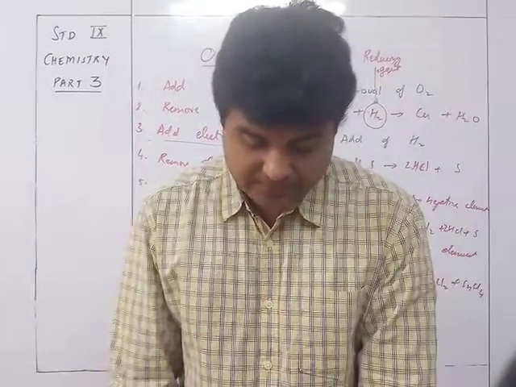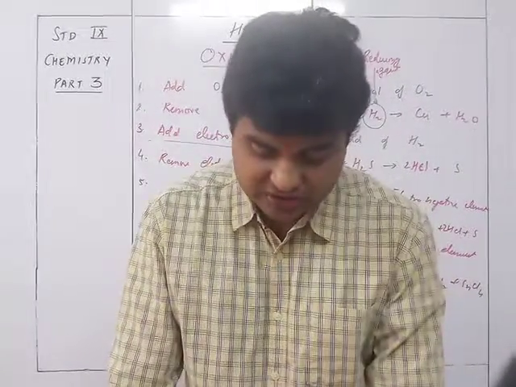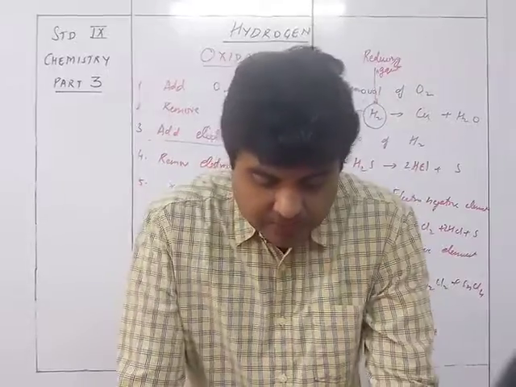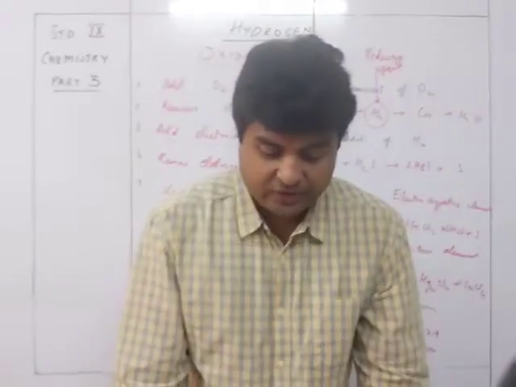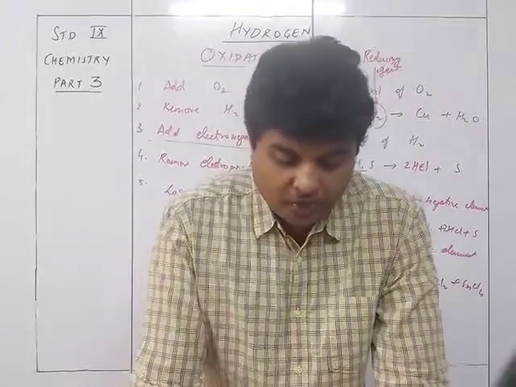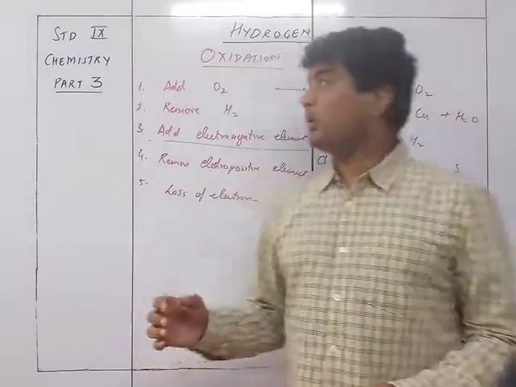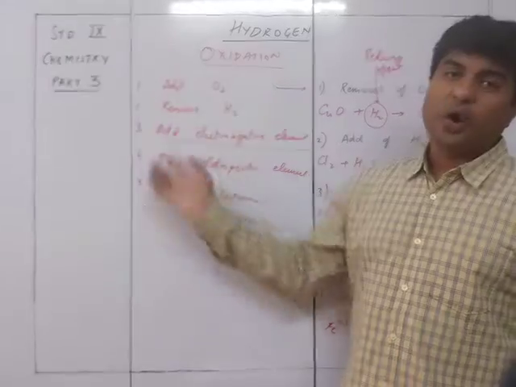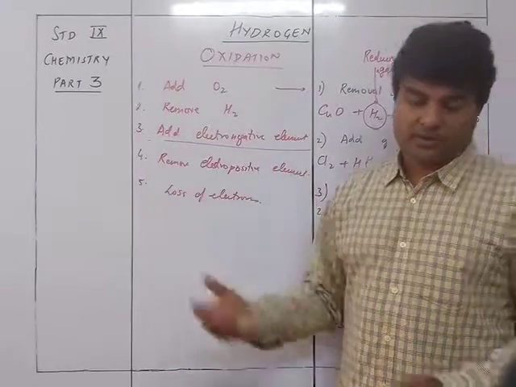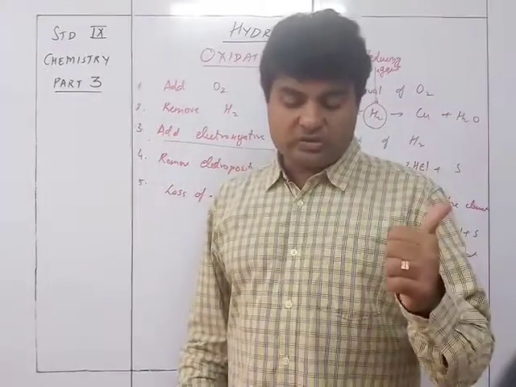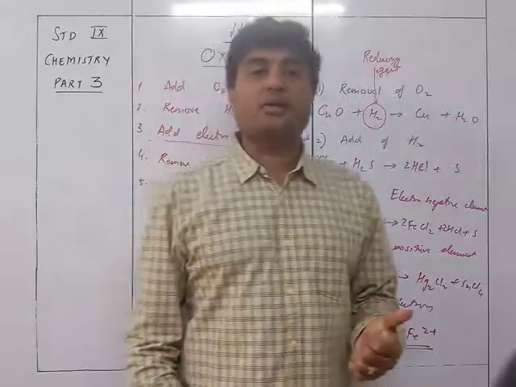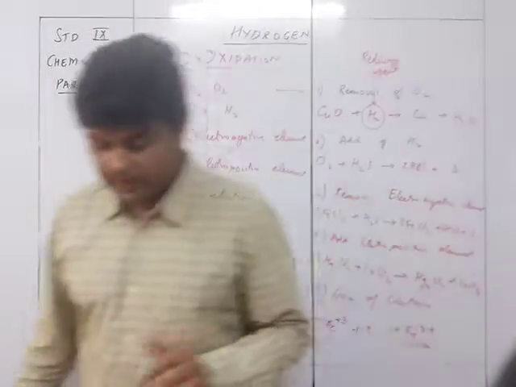So we can just summarize the whole thing over here. The oxidation reduction, about the loss and gain of electrons. So now it is about the oxidizing agent. ऑक्सीडाइजिंग एजेंट ये कौन करवाता है और उसका क्या होता है? So oxidizing agent loses oxygen and electronegative element. Okay, one second.